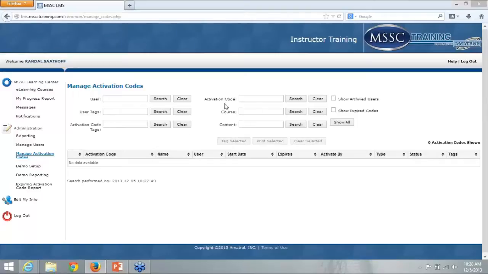Also, you can do a search on the activation codes themselves. You can type in a 9-digit code and do a search. You can type under course or content. All these are 6 individual search engines you can use for searching for particular activation codes. If you hit show all,